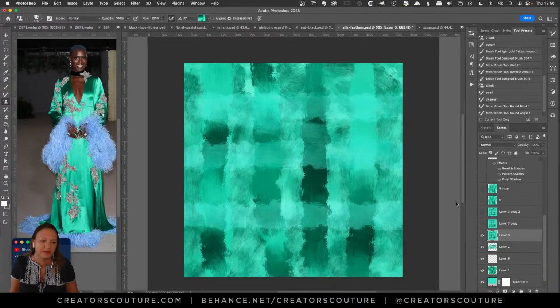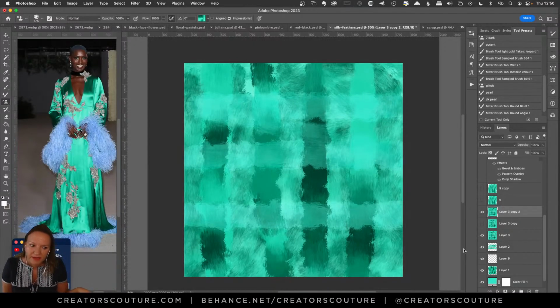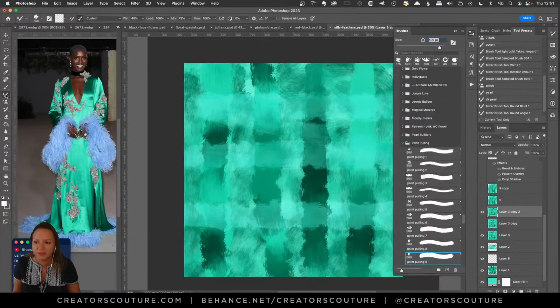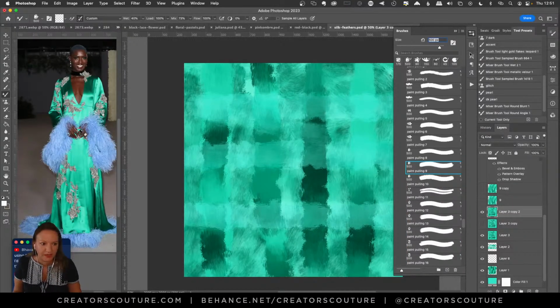And now basically what we're going to do, after I got that layer, is duplicate it so I have a backup, because I always want to work non-destructively. And then we're going to use that paint pulling technique from the paint pulling brushes. So I went over and I'm going to get my mixer brush, and I grabbed paint pulling brush 9.